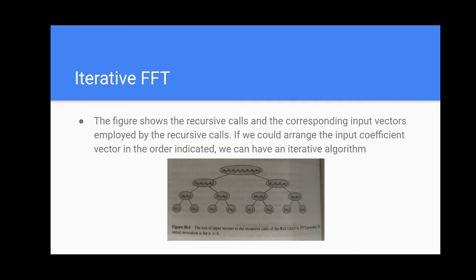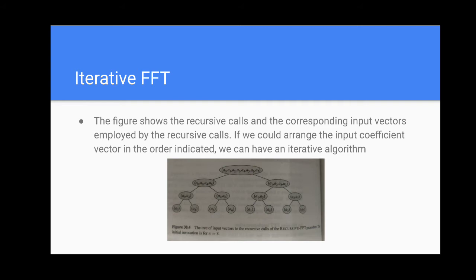This is because whenever the coefficient vector length is 1, it returns only the coefficient value, and if you see that algorithm, basically it is combining those coefficient values to get a given value. So if you analyze that algorithm and build a recursive tree, the recursive tree will show you that the